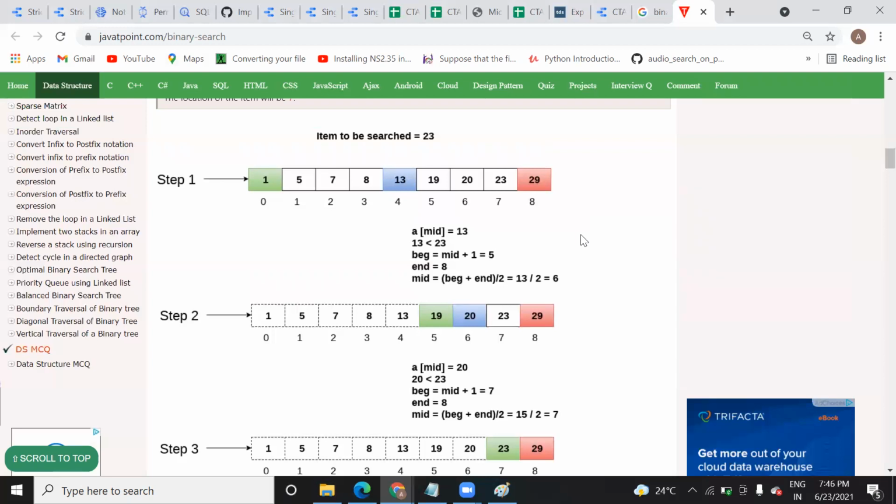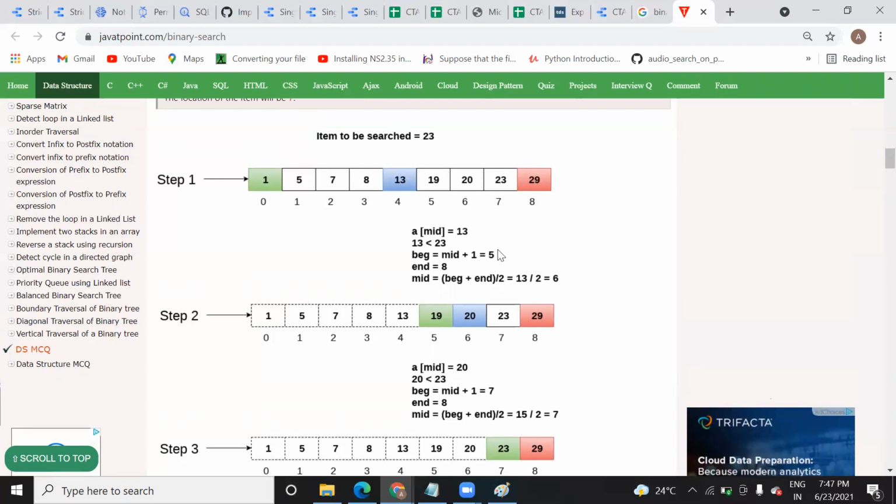I understood till now, but isn't it going to compare it with 29? Why would they compare it with 29? Okay, yeah, I get it, it's searching. Yeah, I understood. From the middle, they will check whether it's equal or not, and if it's not, whether it's less than, basically. Yeah, you are saying correct.